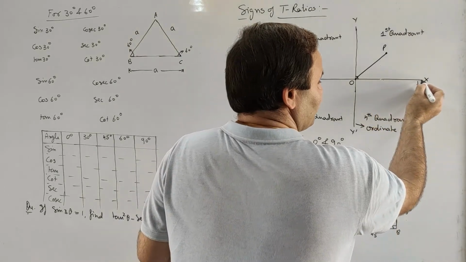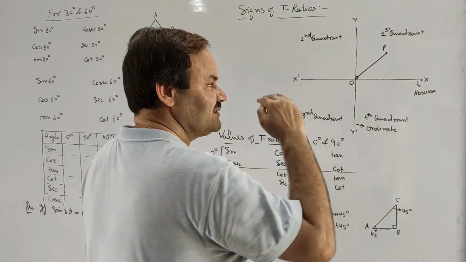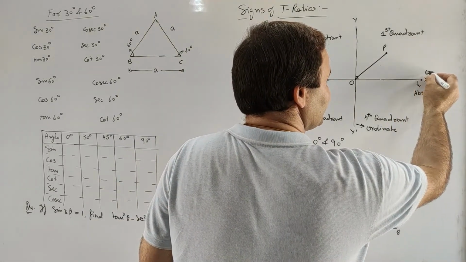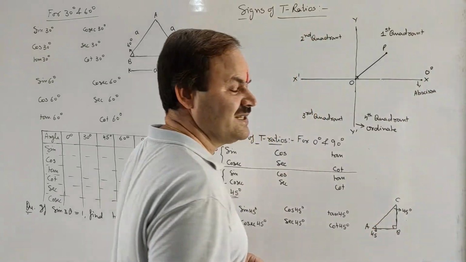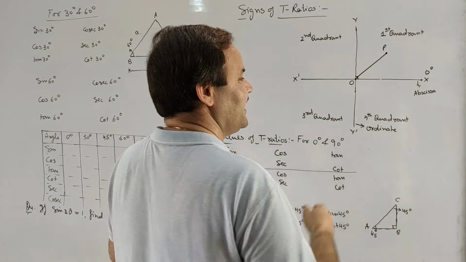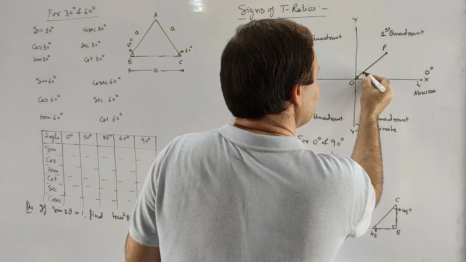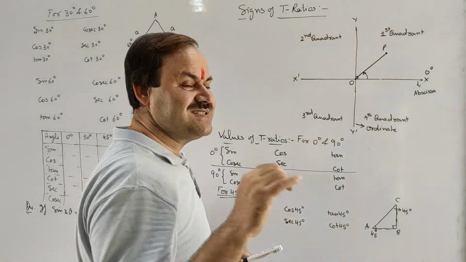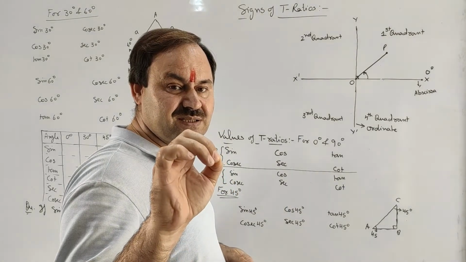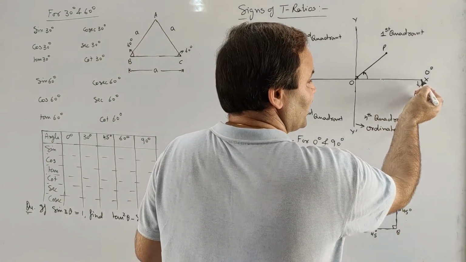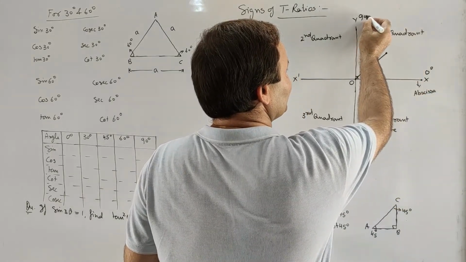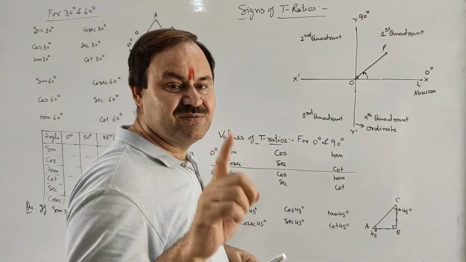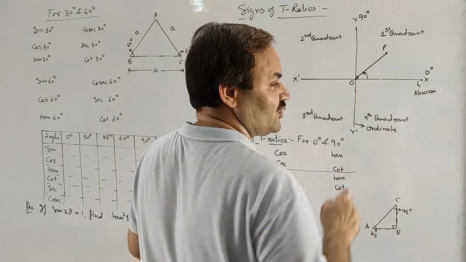So our rotation will start from positive x-axis, that is, positive x-axis will be considered to be the 0 degree of the angle of rotation, and the line will rotate in anti-clockwise direction. Since the rotation in anti-clockwise direction is always taken as positive, from 0 degree to 90 degree, the first quarter rotation will represent first quadrant.